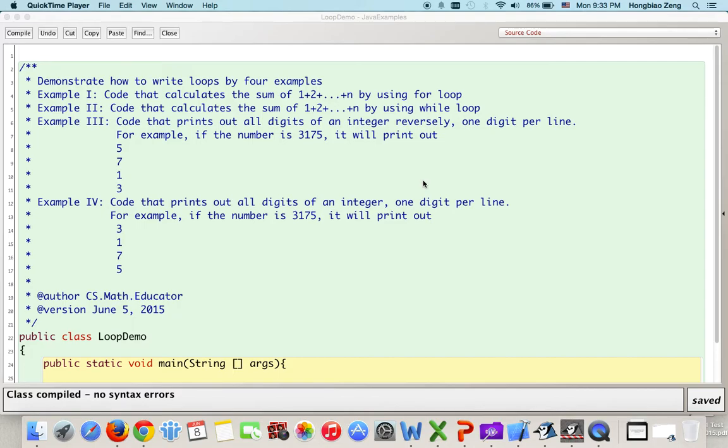This video is recorded to help my students to understand how to write loops. We use 4 examples. First, we write code that calculates the sum of 1 plus 2 plus up to n by using a for loop. Then we rewrite this piece of code by using a while loop. As we know, every for loop can be converted to a while loop, but not every while loop can be converted